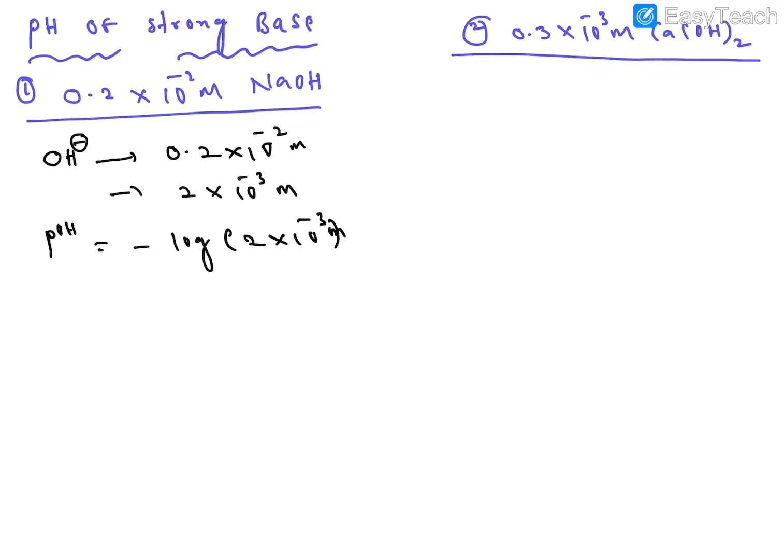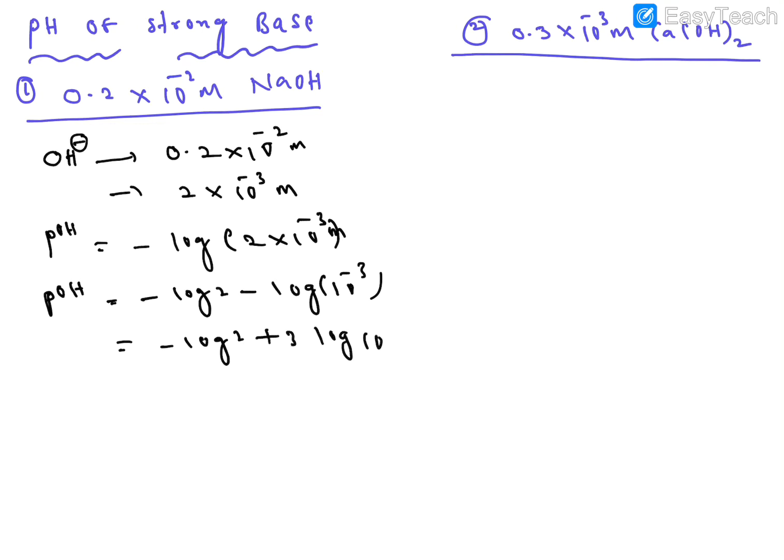So we can write here pOH is equal to the negative logarithm of 2 and minus log of 10 to the power of minus 3, the H plus concentration. So minus into minus, that is plus coming here. The pH is equal to negative logarithm of the 2 concentration, and we can write here plus 3 and log 10. So log 10 is 1.